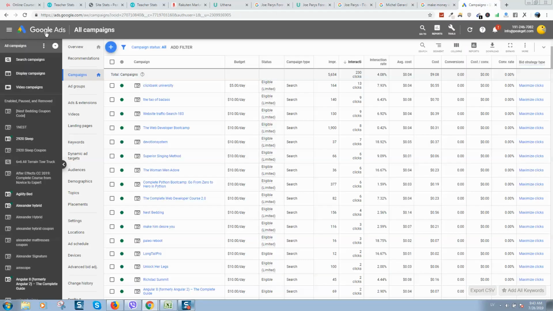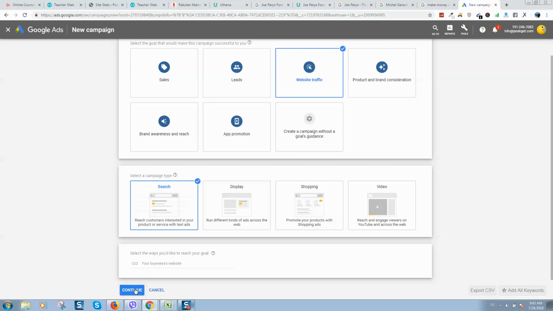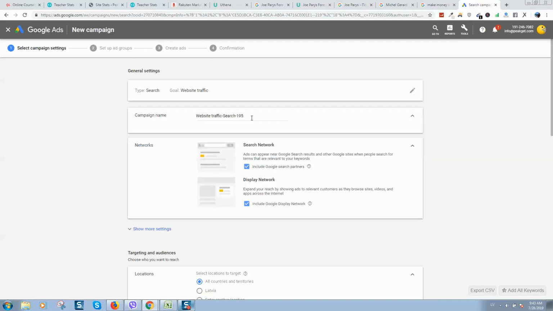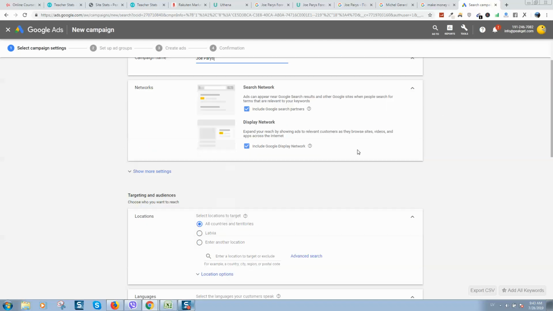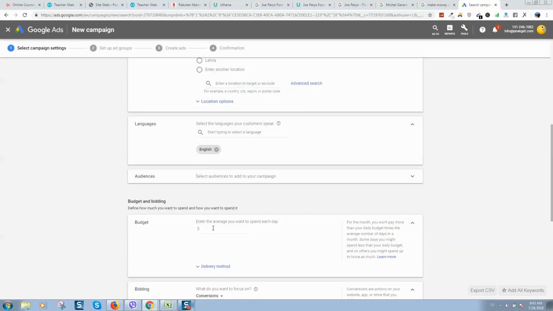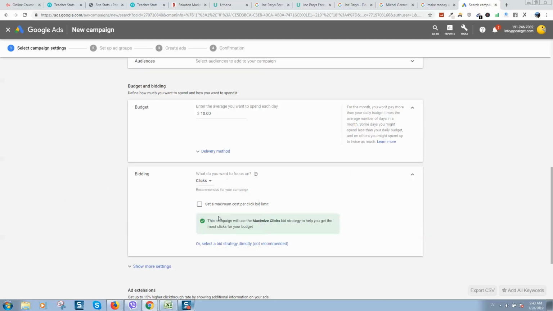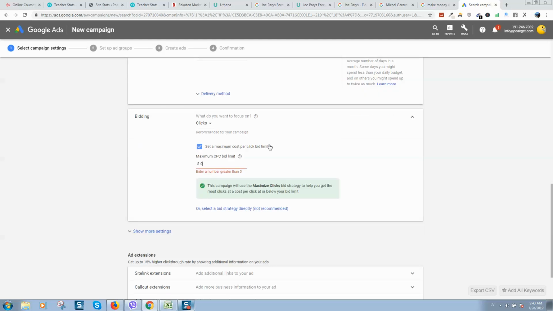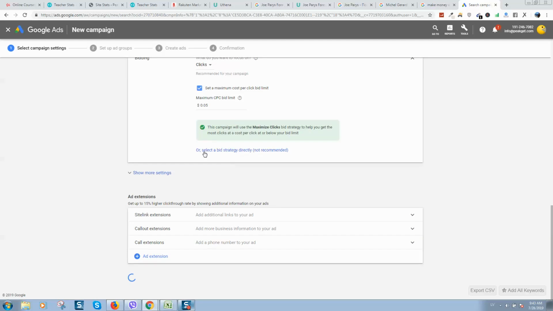So I simply go to Google Ads. You can create an account there, click on add new campaign, click on website traffic, search type. Okay, so let's create new campaign now. All countries, territories, budget $10, delivery method, conversion clicks. Let's set maximum cost per click like 5 cents. As we see, there is no competition, so maximum what we can spend is 5 cents, but if there is no competition, we probably will spend less. So, okay, let's click on save and continue,